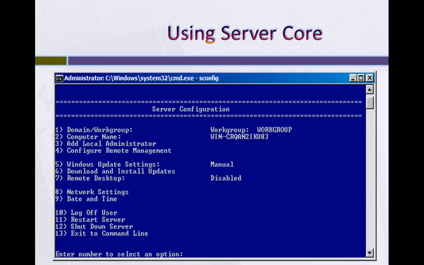There's a menu there that gives you some of the options, but I believe you're actually going to have to work with a standard command prompt and you're going to have to learn and research the actual command line commands that you're going to use to change the computer name, to set your IP address,